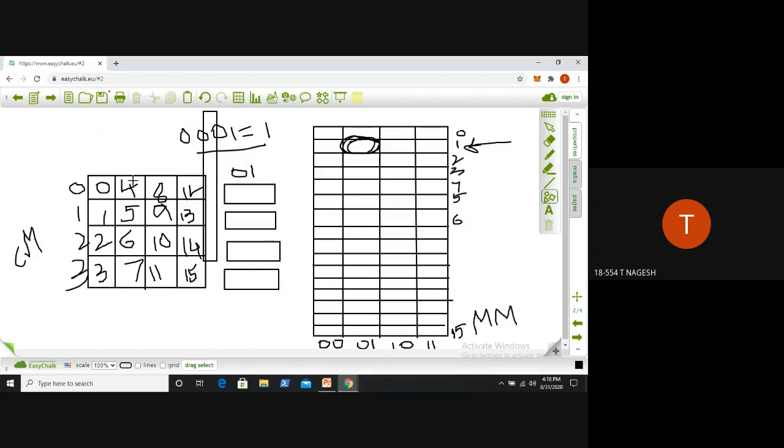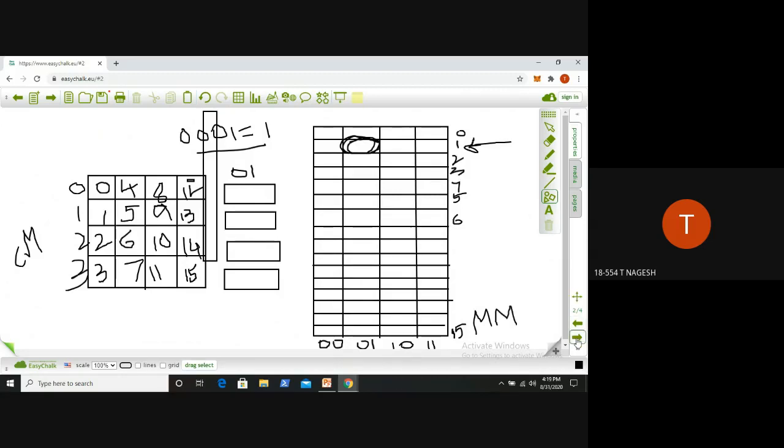What these indications will specify is that at a time only one of these 4, like either the 0th block or 4th block or 8th block or 12th block, can reside in this cache line. That means at a time only either 0 can be present in this line, or 4, or 8, or 12. So how can we know which block is active in this line? That is completely dependent upon the